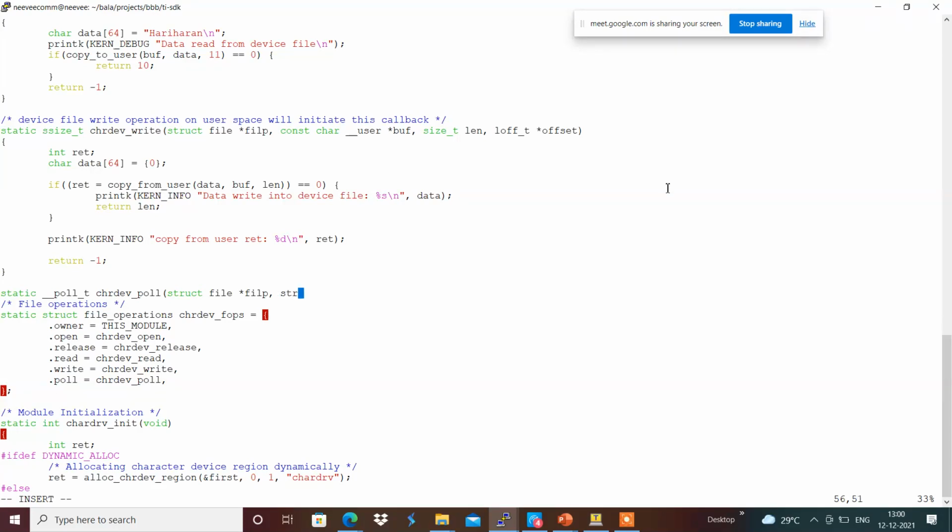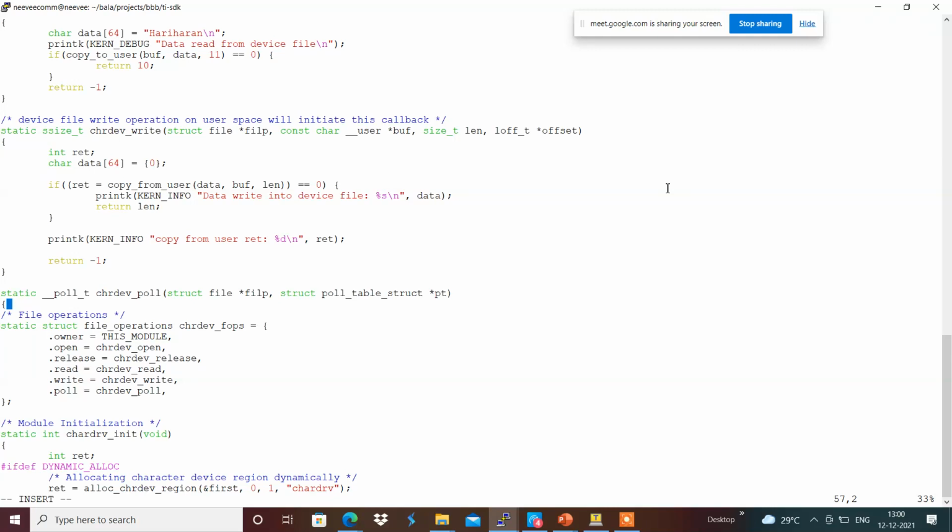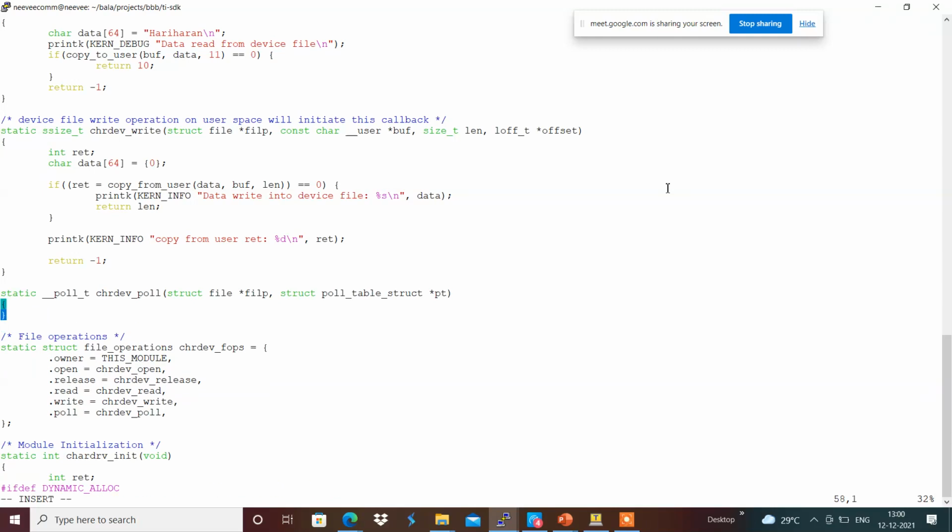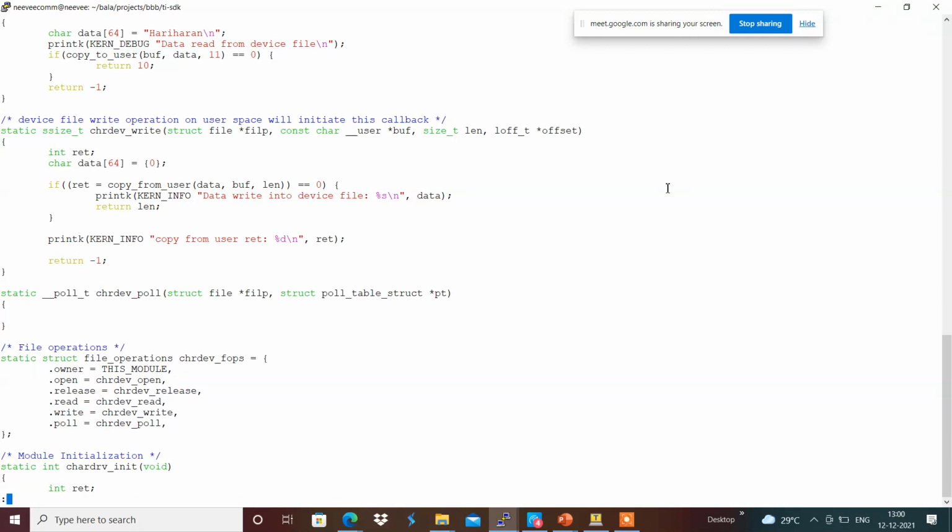The poll_t is the one which denotes the events of the poll events accordingly. For example, that we will see over here.